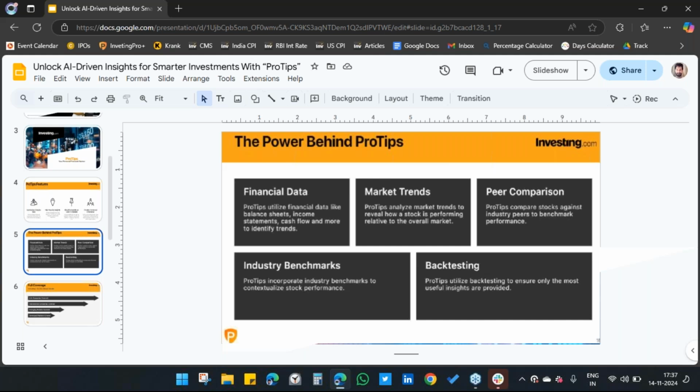Okay, so again, it works on financial data like your P&L statement, balance sheet, and everything. It also gauges the market trend of the stock. Again, it also looks at the peer comparison, industry benchmarks, back testing, everything. ProTips is not limited to any single scope. It has multiple verticals wherein it dives deep into the information and takes out the right kind of information which is important to you and then segregates it into bullish, bearish, or neutral